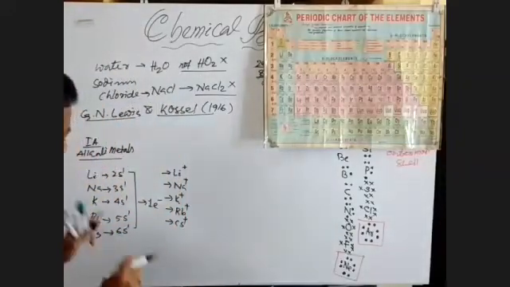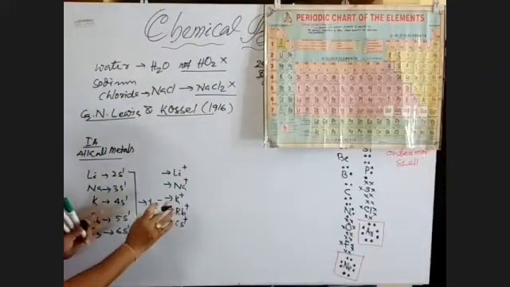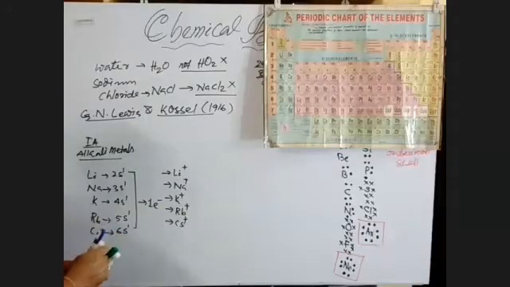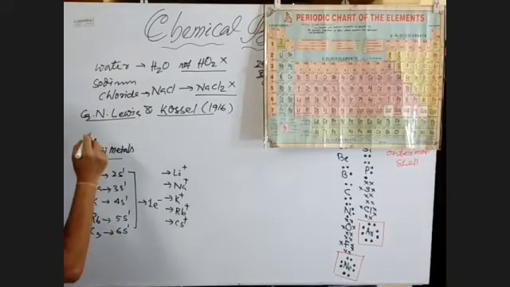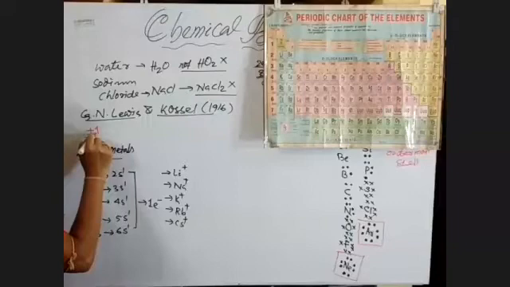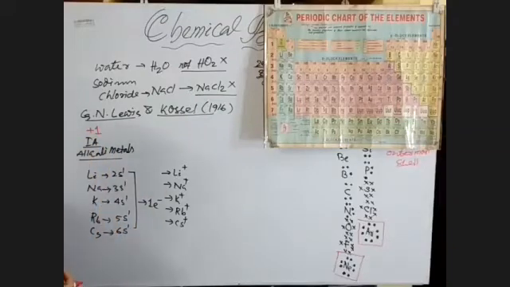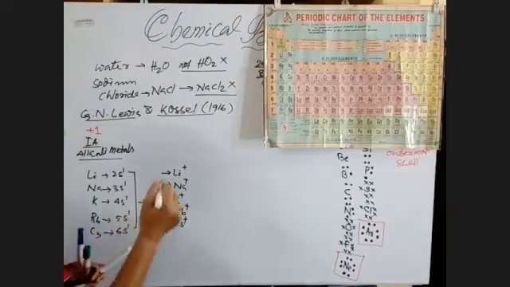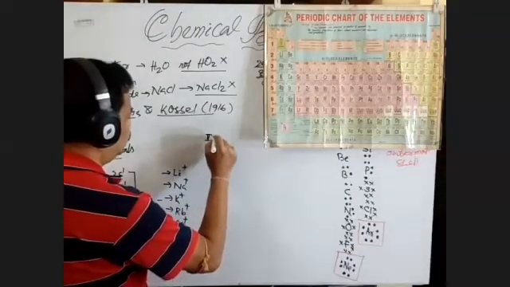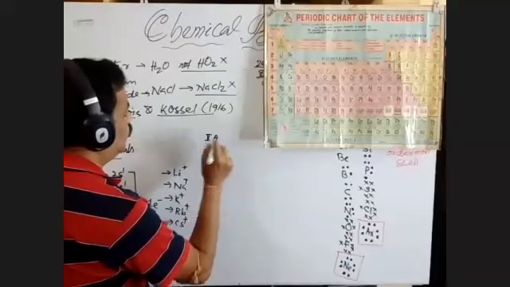Okay, so they have a tendency to lose electrons. That's why they have a valency of plus one. They have a valency of plus one because they have a losing tendency. Okay. Similarly, if you talk about the second A,